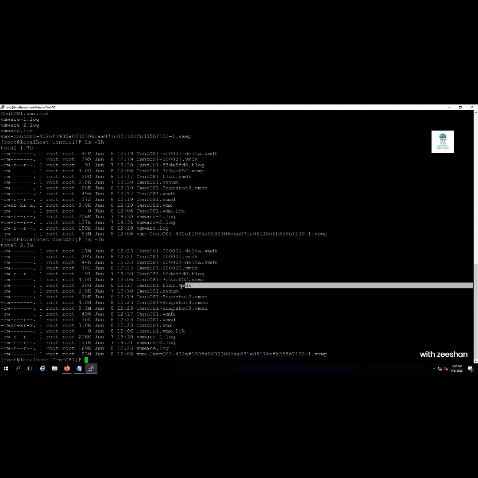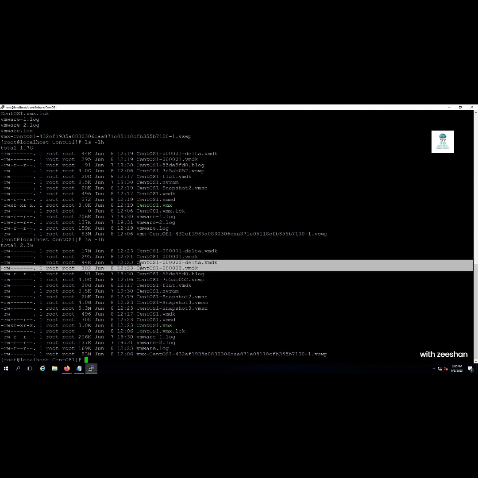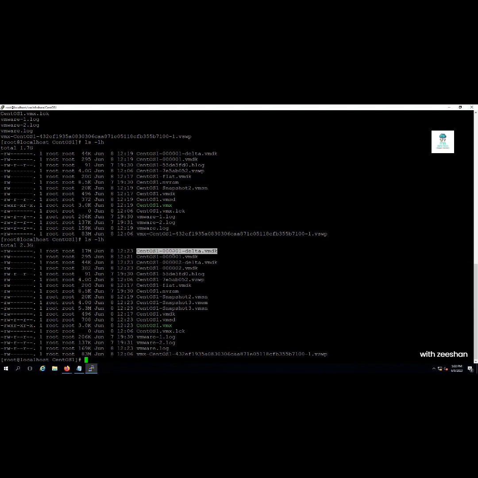Now, this was frozen before. This will also be frozen, and all the changes will start coming to this delta disk, and so on. The problem is, let's say you have 10 snapshots, so you have 10 pairs of these delta disks. If any one of them gets corrupt, let's say if delta 1 is corrupt,